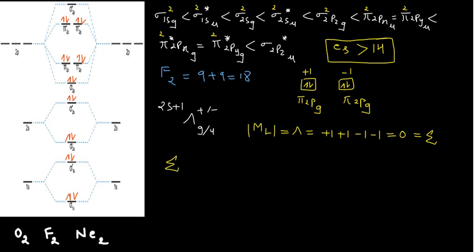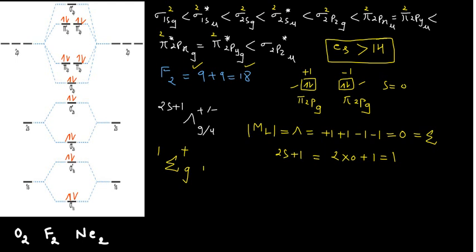Okay, and now you determine 2S plus 1. Since all electrons are paired, their spin gets cancelled. That means the S value is 0. So you can write it as 2 into 0 plus 1 equals 1. So you can write 1 here, and see the g rad is there, so you can write g here. And I already told you whenever you have this sigma g, you will always put a plus sign over there. So you can write positive over there.